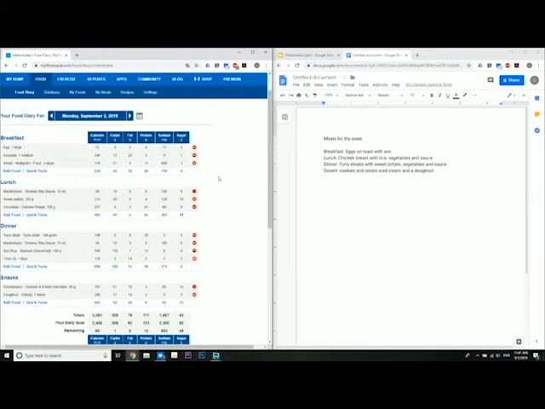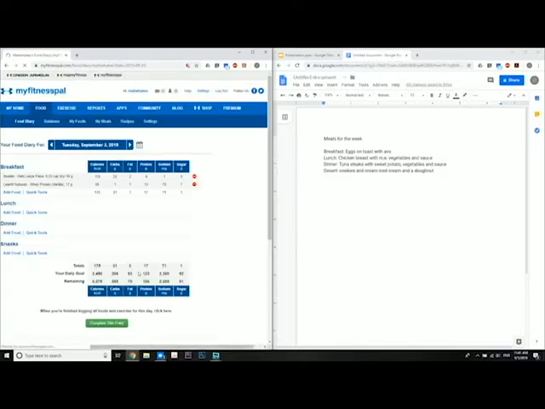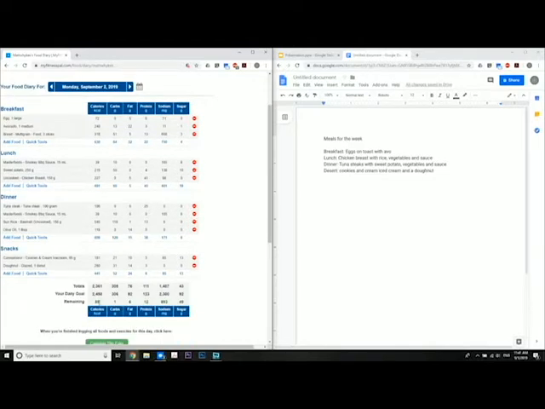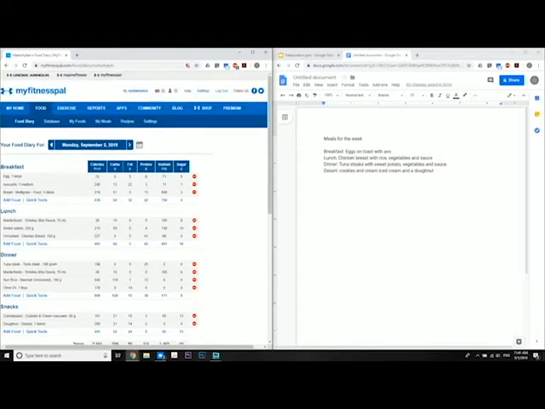Another thing is some people really like variety. So what we could do is make a second day. So say Tuesday, and we put whatever else it might be. So we can fill Tuesday with completely different foods, just making sure that it's hitting the macros or just under your macros. And then what you can do is quick tools,